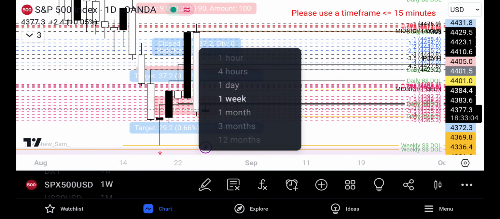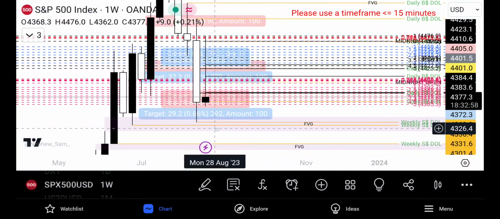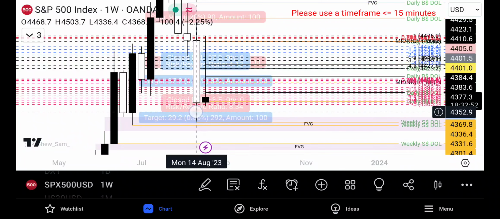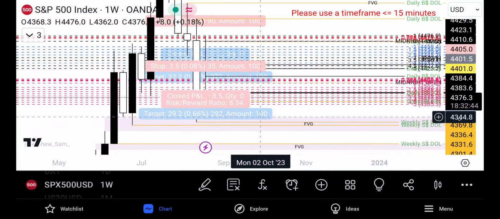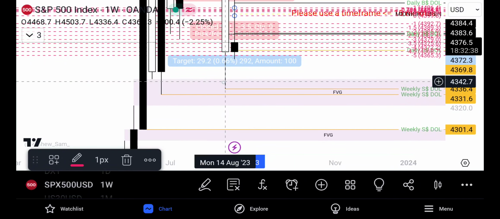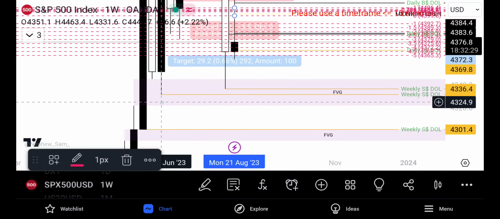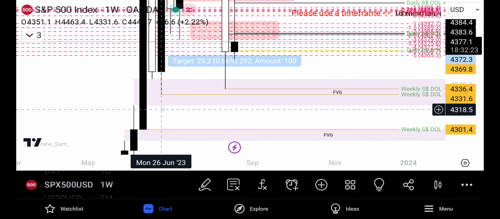Let's go to the weekly, just to do a quick recap. This is this week's current candle right here. This is last week's. Last week's candle closed below the low of the previous week. So my projection for the entire week was the low of the week of Sunday, August 13th to be touched this week, or either the week of Sunday, August 25th.